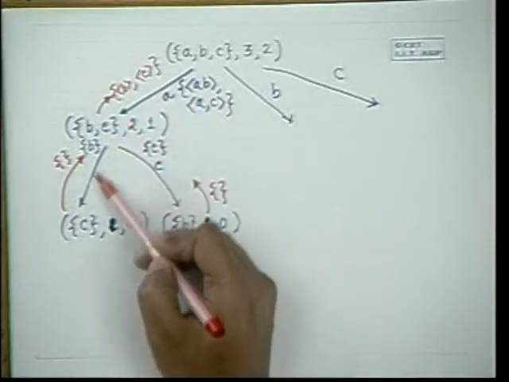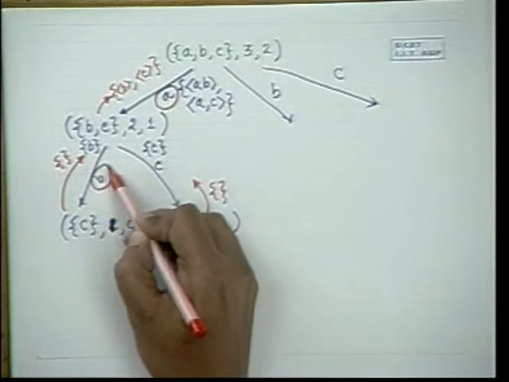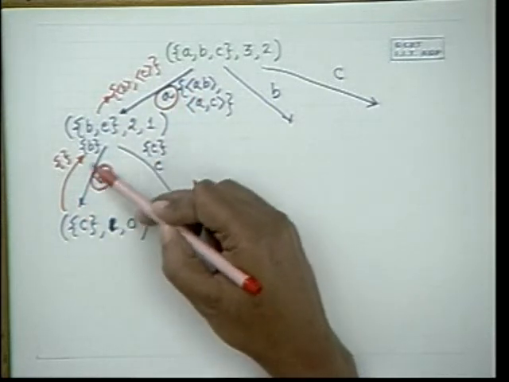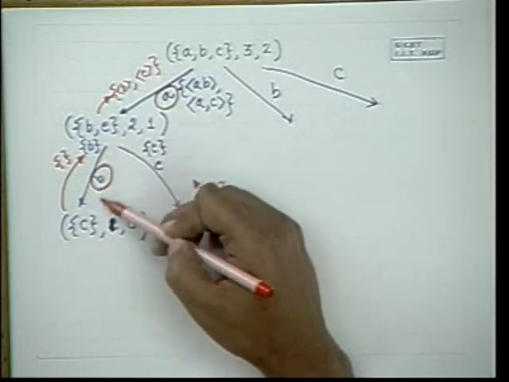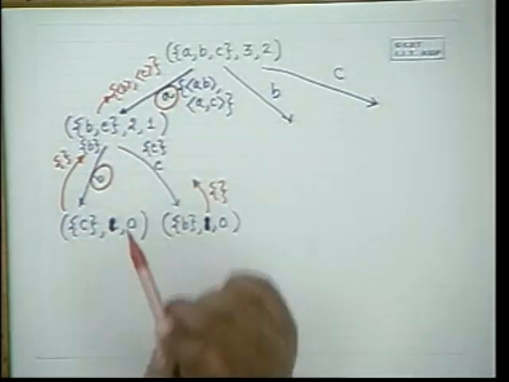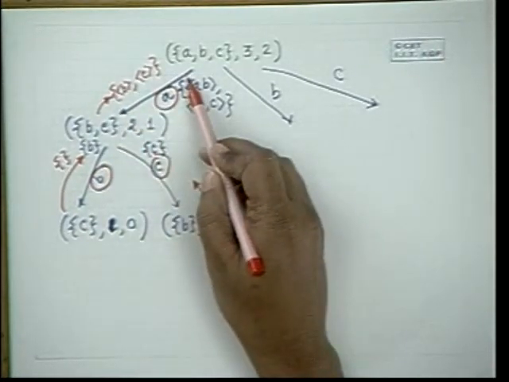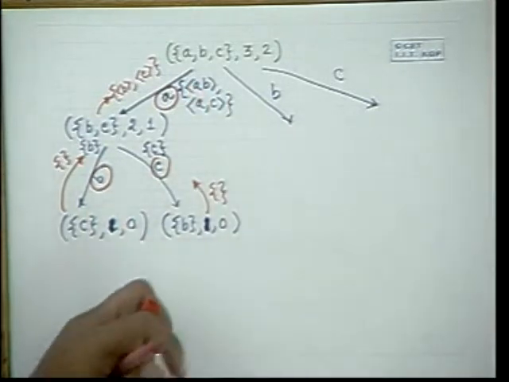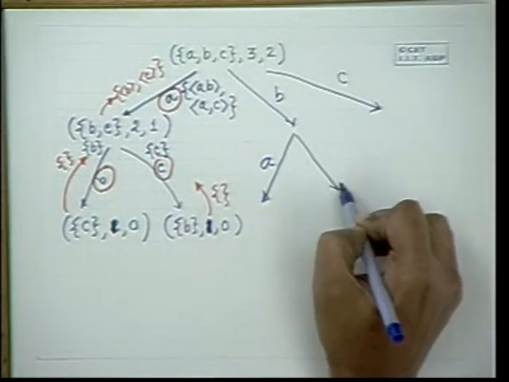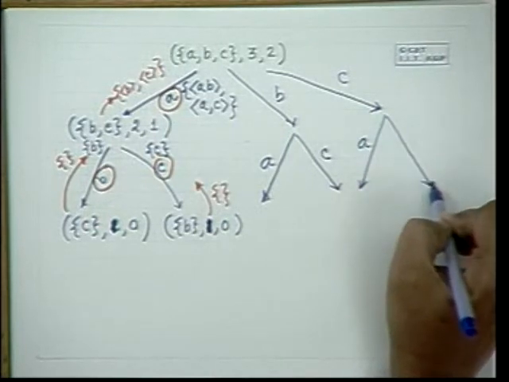Now let us have a look at this point. At this point, we have got this A and we have got B, and once we reach 0, this path corresponds to A and B. When you compose, when you go back, null will be appended to B and A will be appended in front of B. If you have a look at how the recursion proceeds, AB will come from this side, AC will come, and if you go in more details, from this side BA will come, from this side BC will come, from this side CA will come, and from this side CB will come.